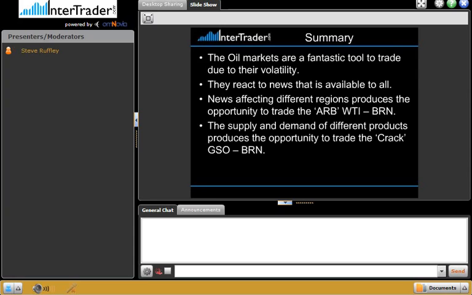So really, in summary, it's a fantastic market to trade due to the volatility. You can trade it both fundamentally and with technical levels. It reacts to news that's available to anybody. Everybody knows what news is coming out. And again, we can trade things like the ARB, which makes it a very good contract to utilize the capital